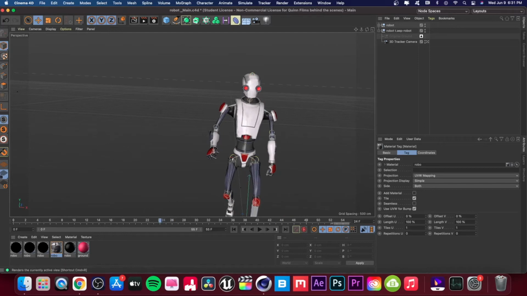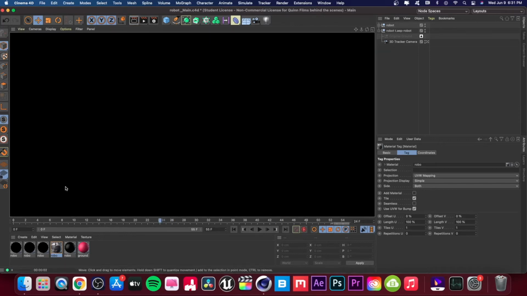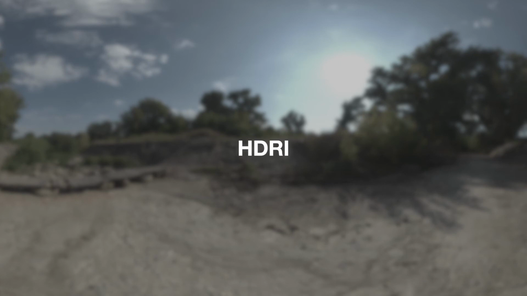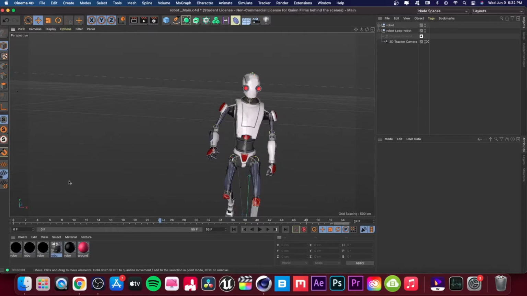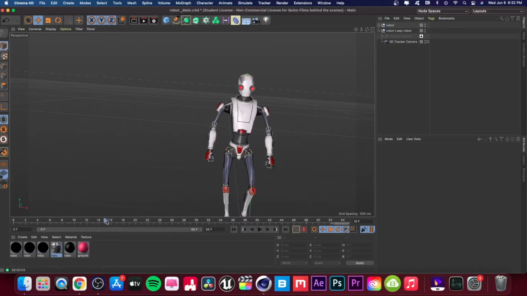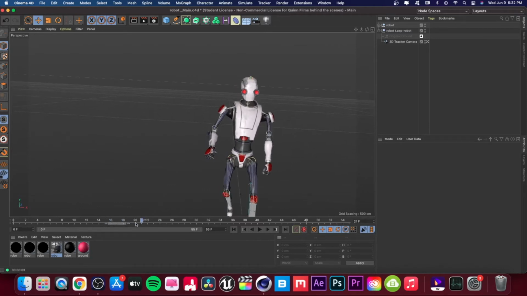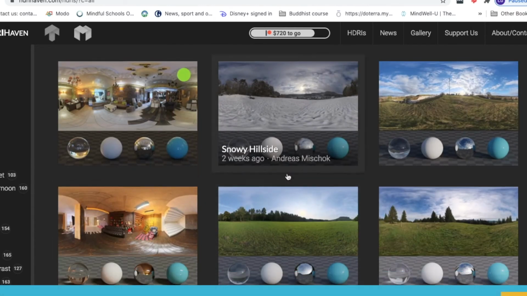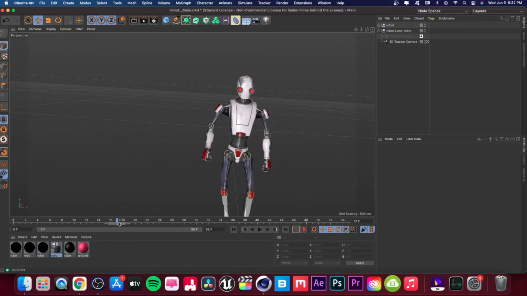So as you can see, when we render it, there's no light, which is a big problem, obviously, and we need to add lighting in here. So for realistic lighting, we're going to use something called an HDRI, which stands for High Dynamic Range Image. And you can find them on the internet. You can make them as well using your DSLR or an Insta360 camera. But I don't have an Insta360 camera, and I just find it easier to buy them. Okay, so if we go to Google, our good old friend Google, and we just search in HDRI Haven,